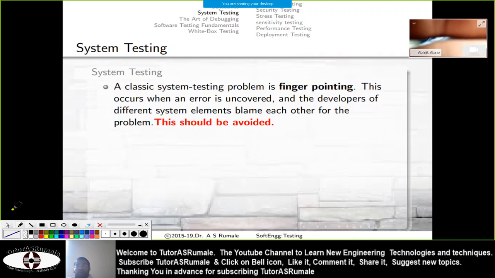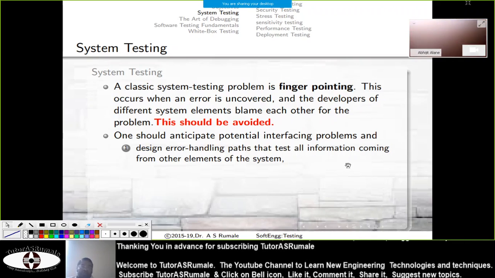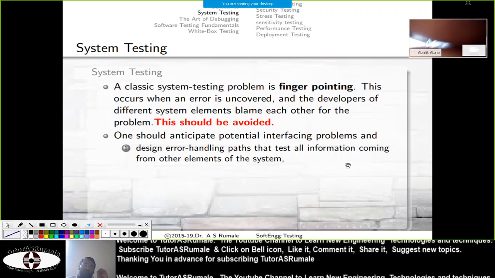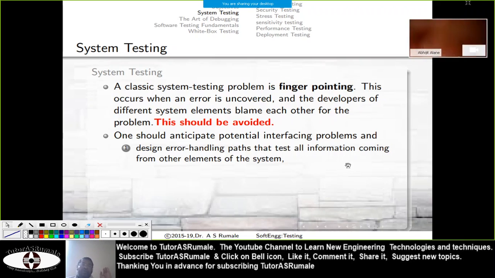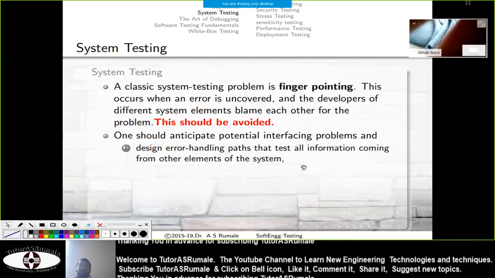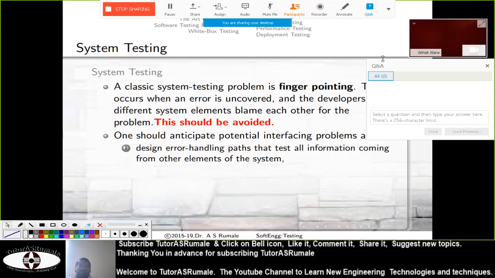Try to find out the reason behind the failure instead of blaming each other. When it goes to system testing, you should avoid finger pointing. And generally, what happens? We go on doing finger pointing most of the time.